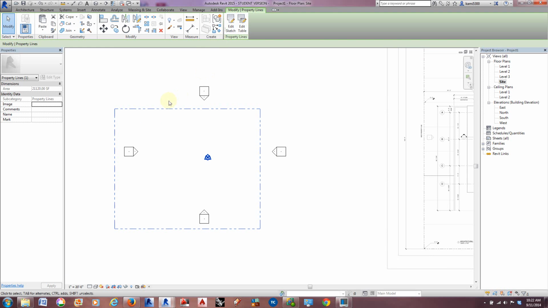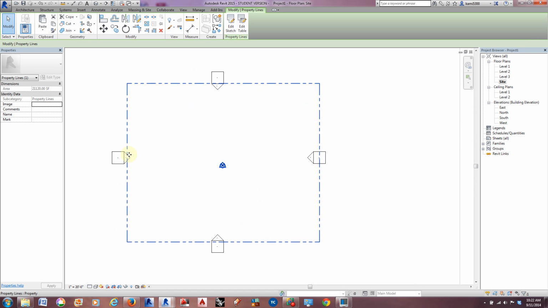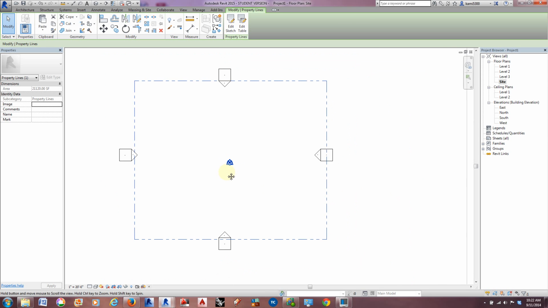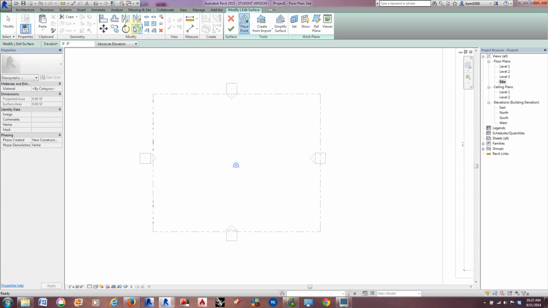And click the check button to finish that command. And now I'm just going to center that in between my elevation tags here and my project zero, which is this triangle here. So now that we have the property lines, we can go ahead and create a topo surface, and